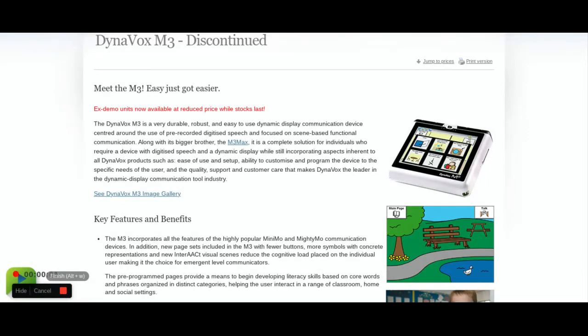The digital form of communication that I have chosen is the M3 by DynaVox. You can see here on the screen that this form has been discontinued, but this gives a lot of information. There is a different form of it, the M3 Max, that you can use. But the DynaVox M3 is an instructional tool that helps all students of all ages be able to communicate